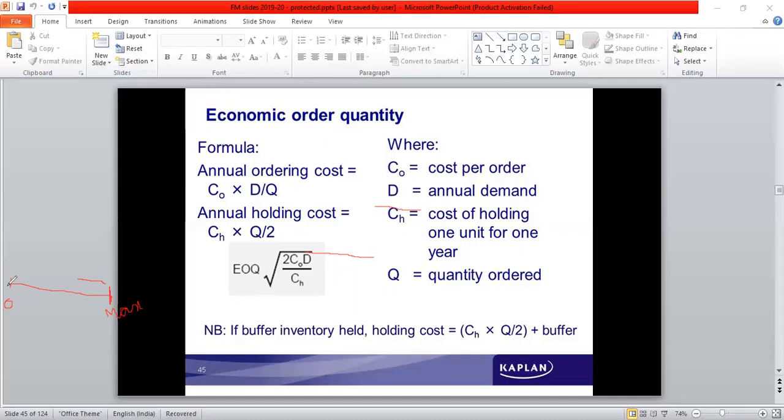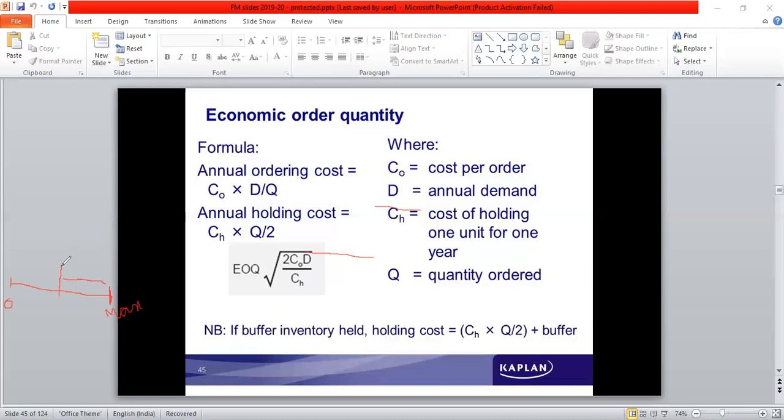Because suppliers have to be selected, orders have to be placed, then catering to the requirement, material is supplied, then it is checked for quality, moved to the stores department, and placed in the appropriate place. It's a time taking process. So an order has to be placed even before the inventory level touches zero. Even when the order is placed, they should have some amount of material on hand to meet their production requirements.